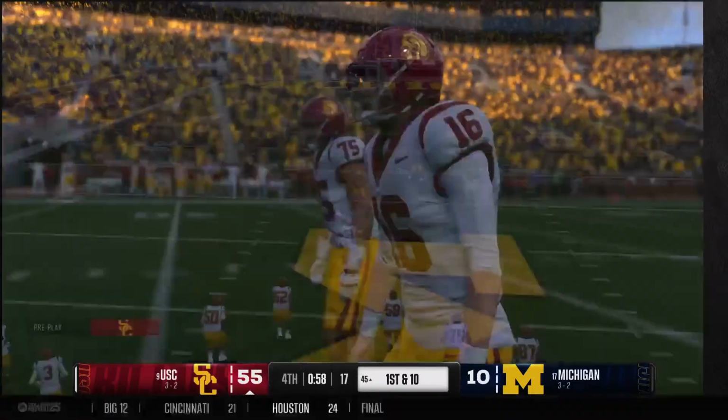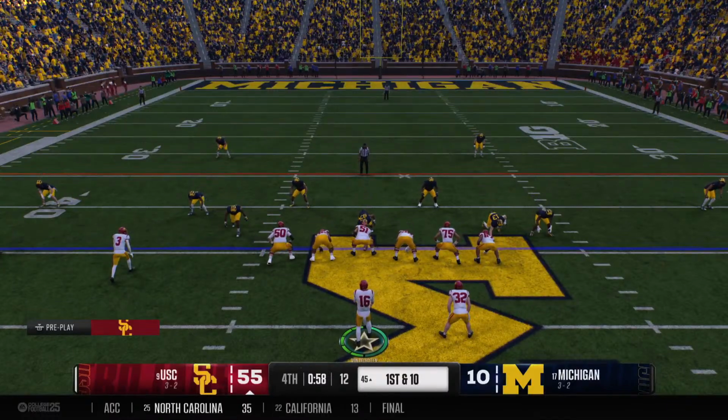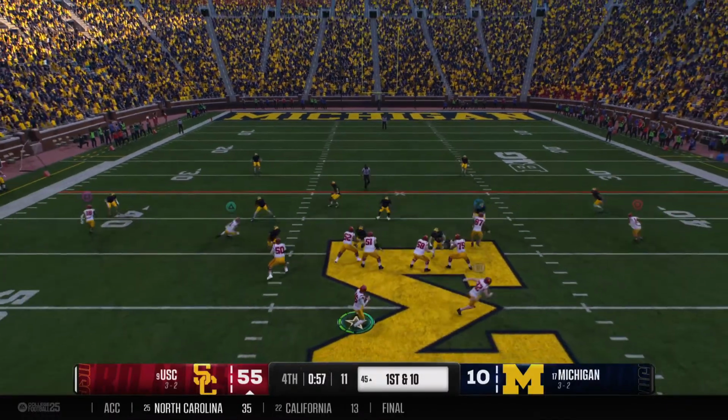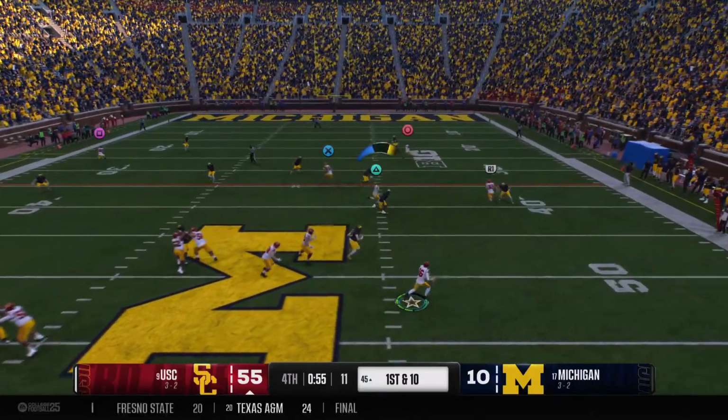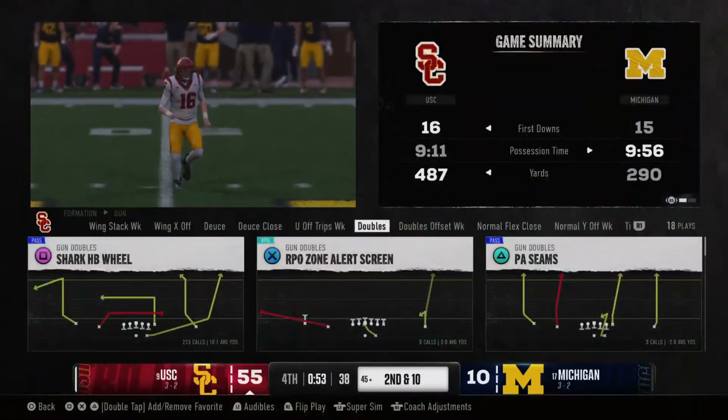Now the chance to take a knee and just put the finishing touches on this victory. Yeah, and this offense has done their job, man. They've been so productive, built the lead. Listen, their defense has pulled their weight as well. But now, Jesse, you get to exhale, you get to breathe, and you know we got the W, and we